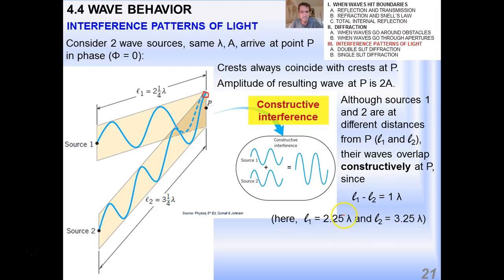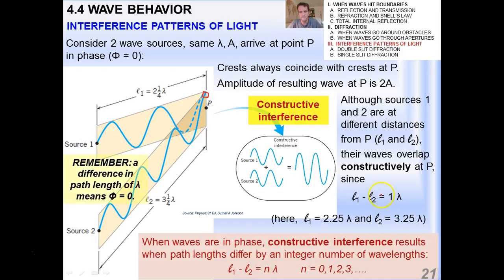So in this particular case, it's 2 1/4 and 3 1/4. The difference between them is going to be exactly 1, okay? Now, just to point out something really quick, which may be an issue for you, notice that L1 minus L2 in this case is actually negative 1 wavelength. We don't really care about the negative because we're just talking about the relative difference between two path lengths in this section. Now, it turns out that when waves are in phase, generally speaking, constructive interference results when path lengths